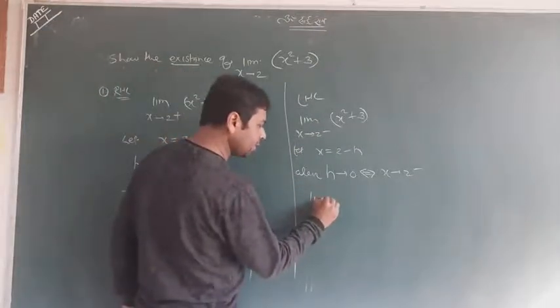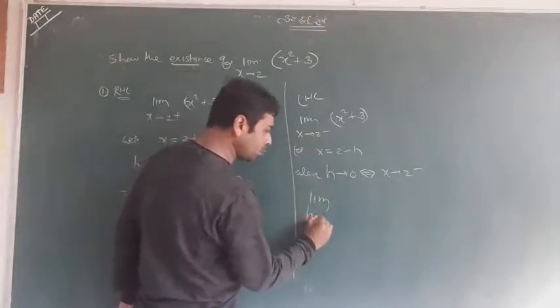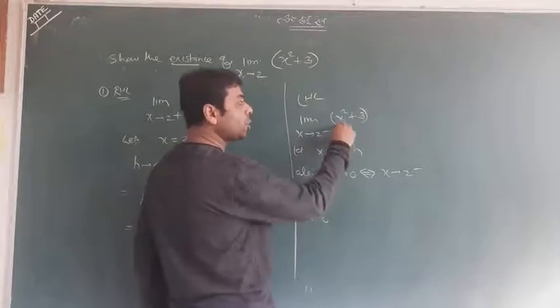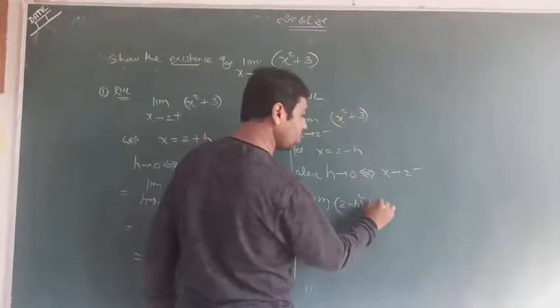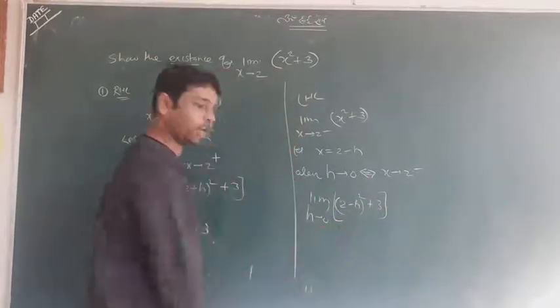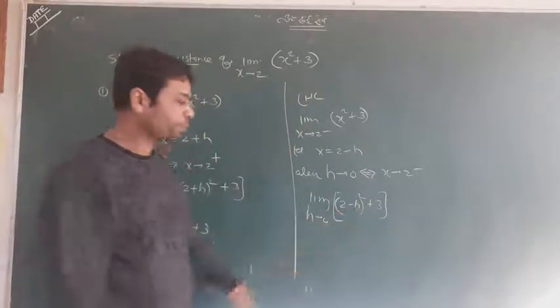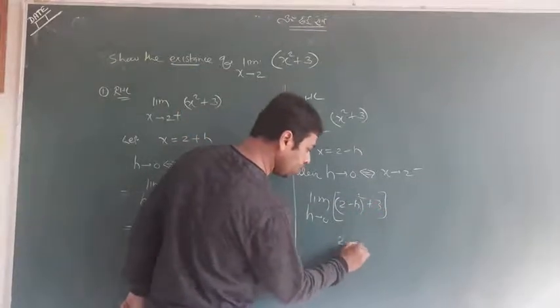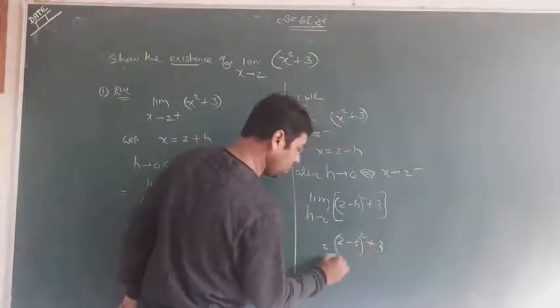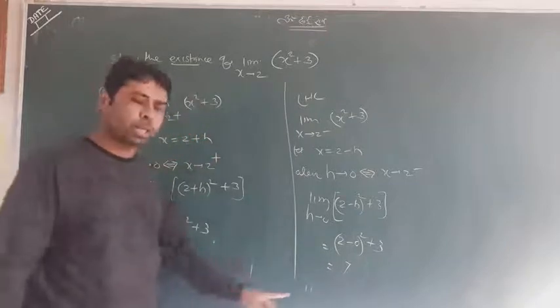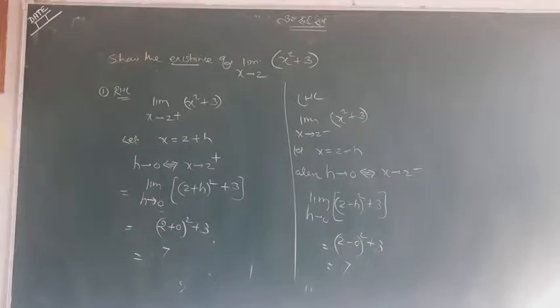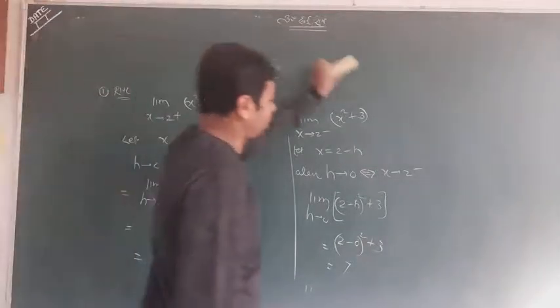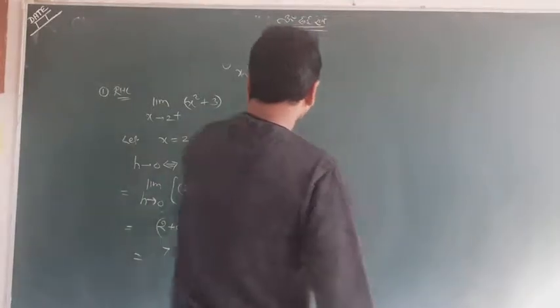And the whole meaning is this will change as h tends to 0. Instead of x, what will you write? 2 minus h. So (2 minus h) whole square plus 3 you will write. Then as h tends to 0, you will put in: 2 2s are 4 and 3. (2 minus 0) square plus 3, and this is 7. What happened? Both limits are equal, meaning the limit exists. So student, this is a way of doing it. You can understand, this is all called existence of limit. We have done it.